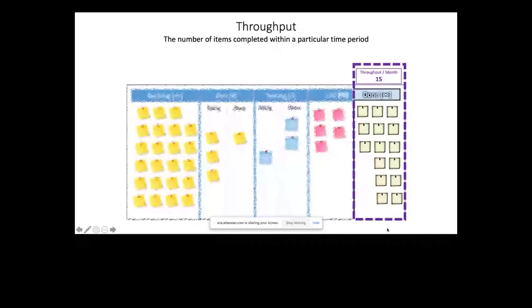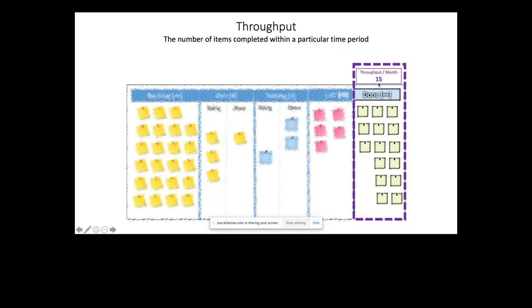I'll show you all 3 main metrics that we can take in Kanban. One is called the throughput, right? Throughput simply means the number of items that have gone through this entire workflow and got marked as done within a particular time period, right? So basically in Jira, within a time period, how many items do we have in our done column? That's our throughput. So over here, within the month, we have 50.